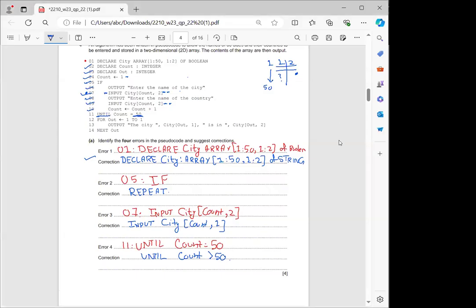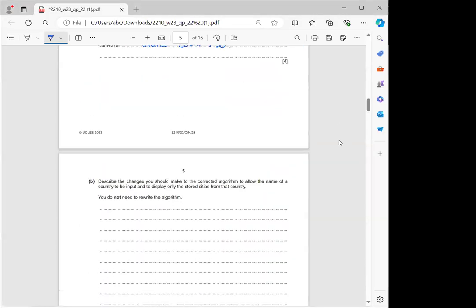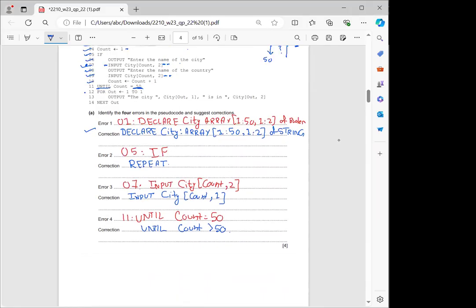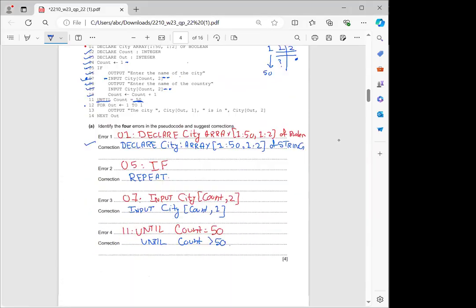Additionally, right now you have secured the 4 marks, but if you want to find another error, you can check the 12th value. It says for out 1 to 1. This is supposed to be for out 1 to 50. But I am not writing this because we are done with it. Now,